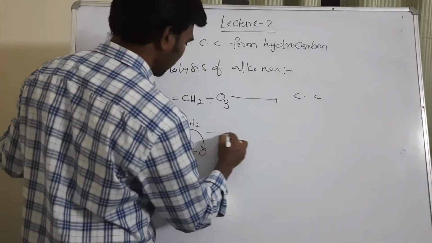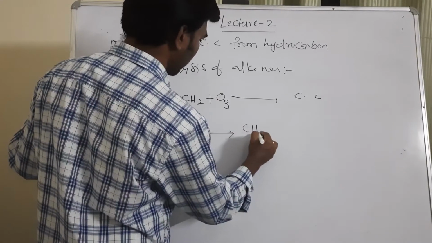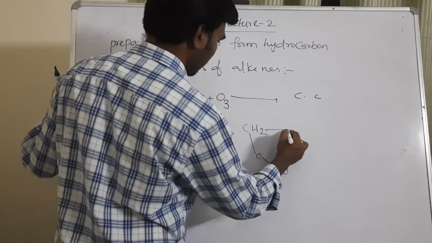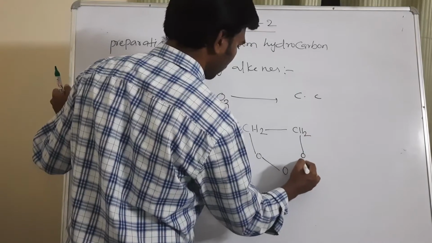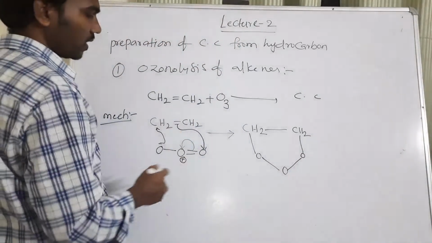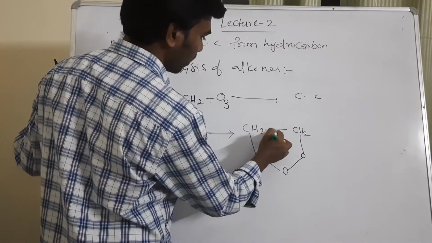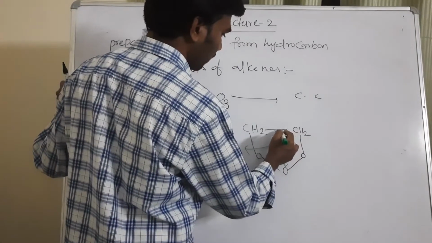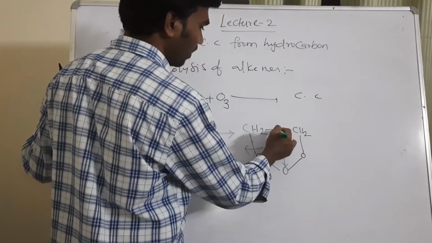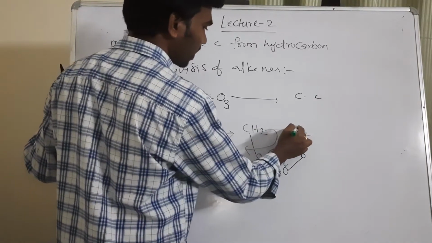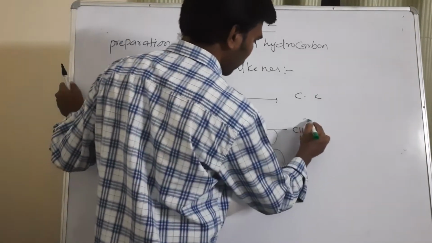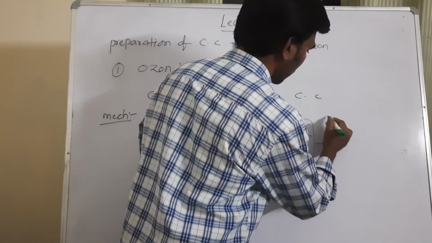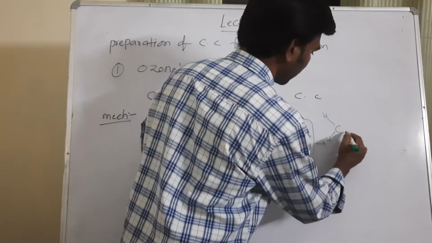In this process, it will form one structure here, that is CH2, with O forming here and this oxygen, and then CH2 and O. This type of structure it will form. After this, it will shift like this. Here this bond is completely shifting in between this carbon, and when this bond shifts here, this carbon will get a positive charge. So you get two different fragments: CH2 double bond O, with H here and H here.